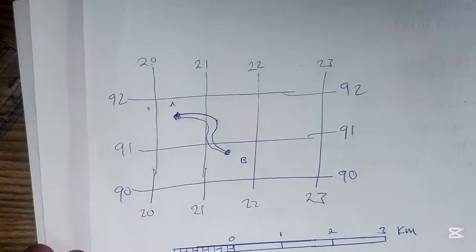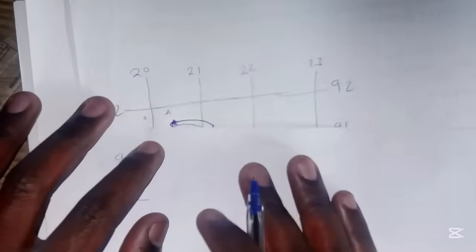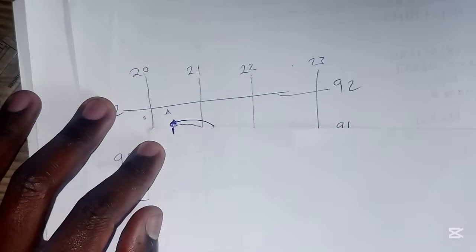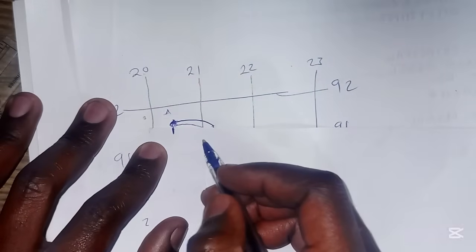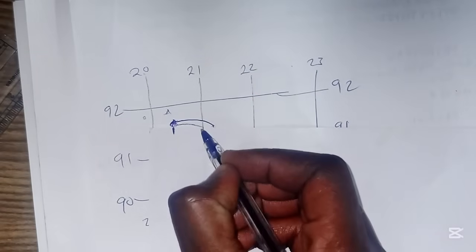So what you do is you get a piece of paper, you mark the starting point on the piece of paper. You mark it like that. That is your starting point. Then you're going to be marking at each point where the stream curves. So at this point, you mark,